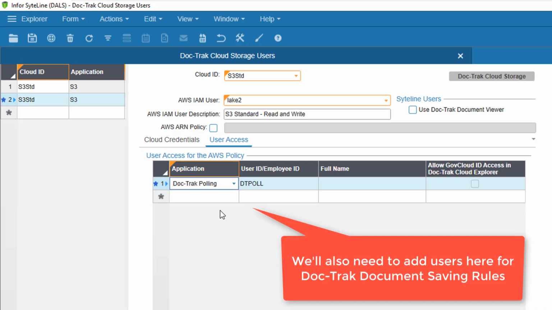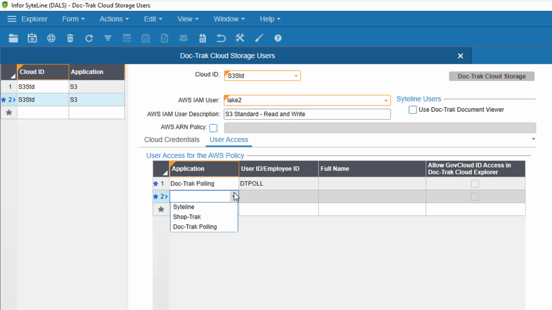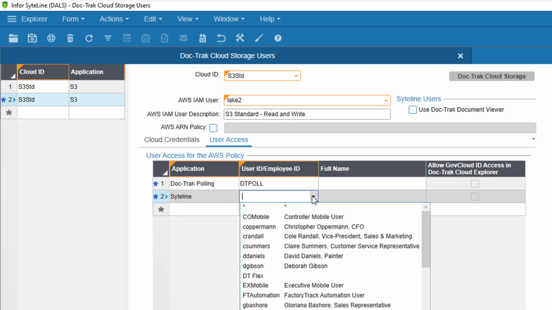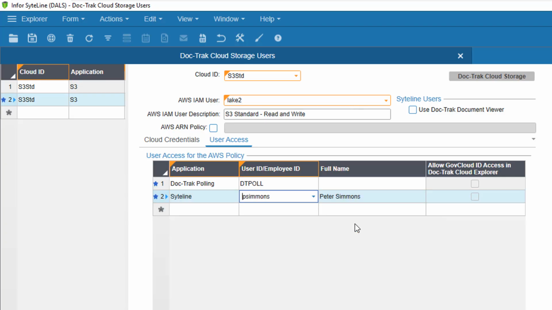We'll go over this in more depth later, but for now, let's create another line here for P. Simmons as a Sightline user. All right, we're done for now. Let's try it out.